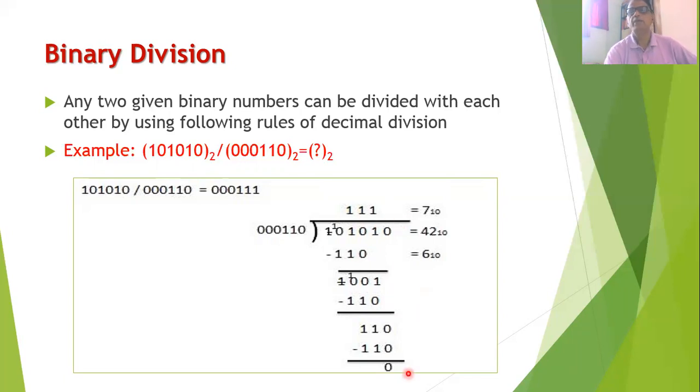Many times in binary division, you will find that we will not get the remainder 0. We may get some remainder. Now you can again cross-check this division. If you are not sure whether this division is correct or not, you can cross-check it by converting the numbers into decimal equivalents. You will find that my first number is the decimal 42 and my second number is the decimal 6. So when I divide 42 by 6, I should get the result 7. And the binary 111 is equivalent to the decimal 7. And therefore, whatever is done by us is the correct one.